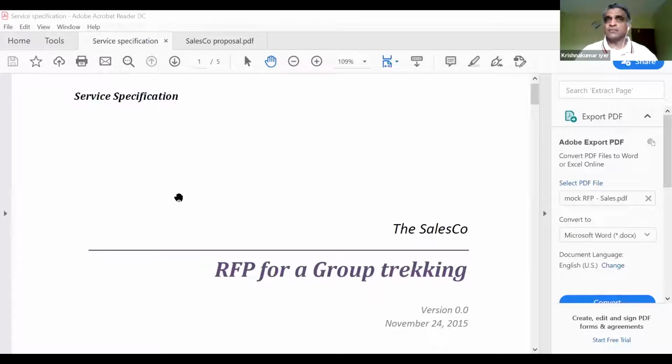And hopefully that will be a very useful set of takeaways that you can take back at the end of the session and try and apply to the way you put together proposals.